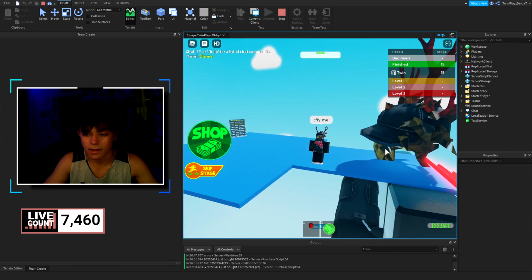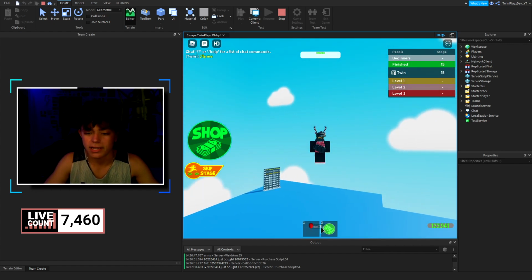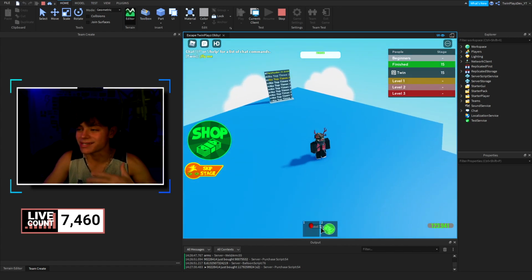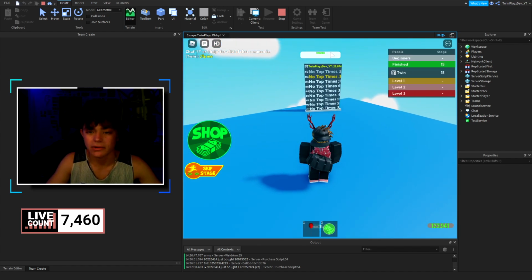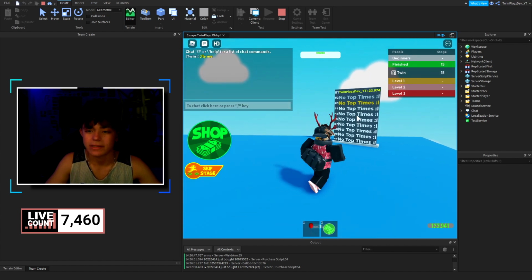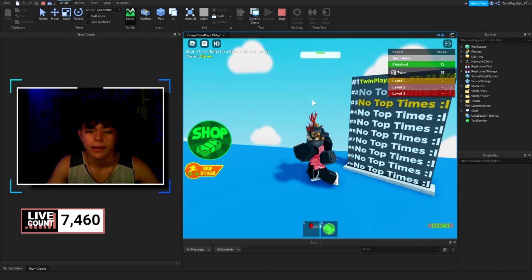So there's a little part right here, and as you see that turned green down there, and this actually said finished, and now we have a button down here. You actually can't see it because it is too far by the inventory, so I didn't really look at that. But it says reset stages, so I'll have to move those a bit, and I don't know why these are so small. I'll make them bigger. But as you can tell, that happens, and then there we go. We have our time up here. This says 22.974. I think that's from the last one, so if we let it update, it might get better, but I don't think it will because that is our best highest score.